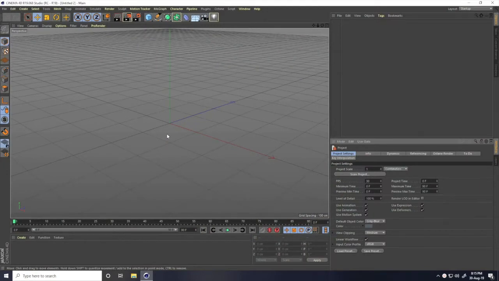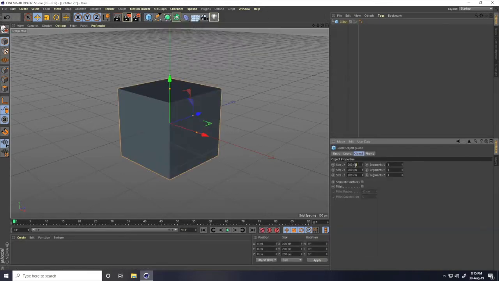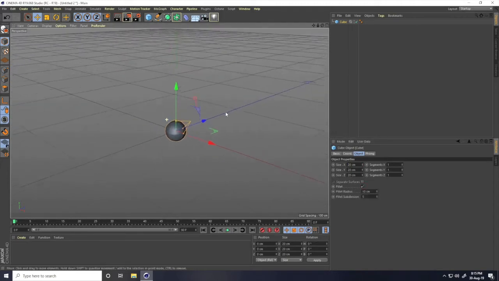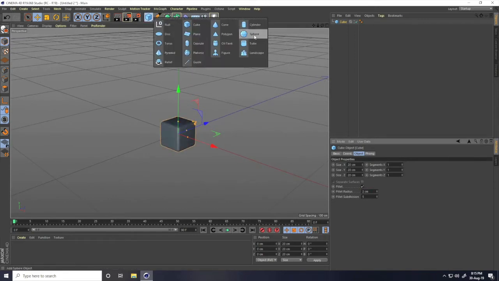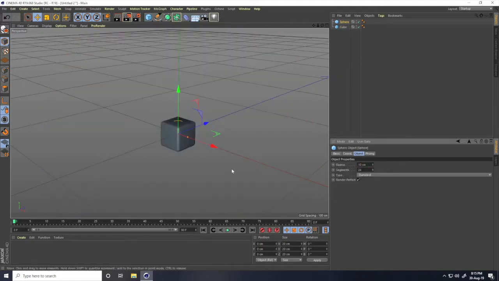So guys, today I create a really cool and basic animation tutorial in Cinema 4D. Firstly, I take some objects like a cube. Cube size I take 20, 20 and 20, and fillet check. Guys, change fillet radius to like 2. Yes. And again I go here and take a sphere, and sphere radius I take 10.